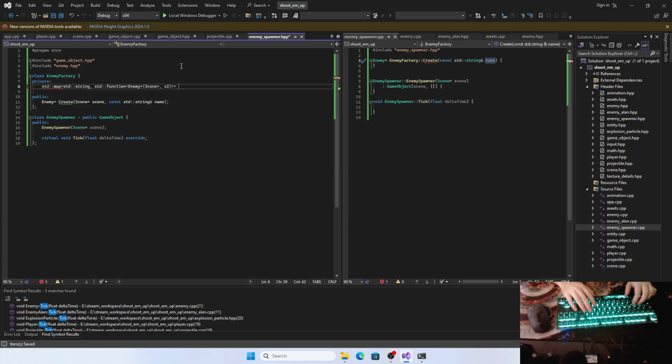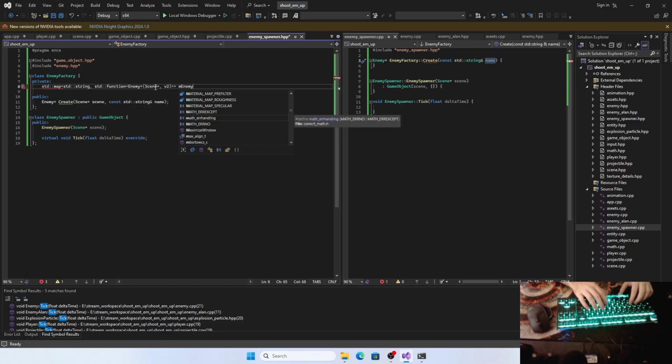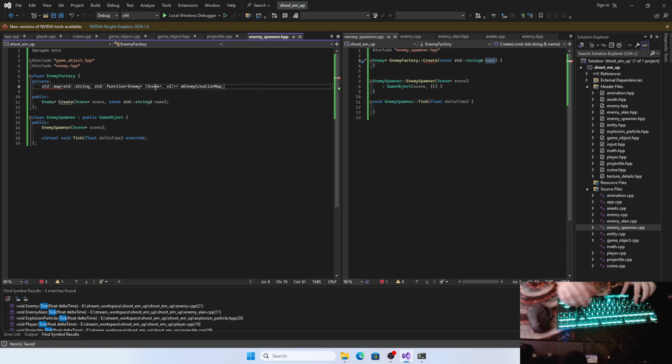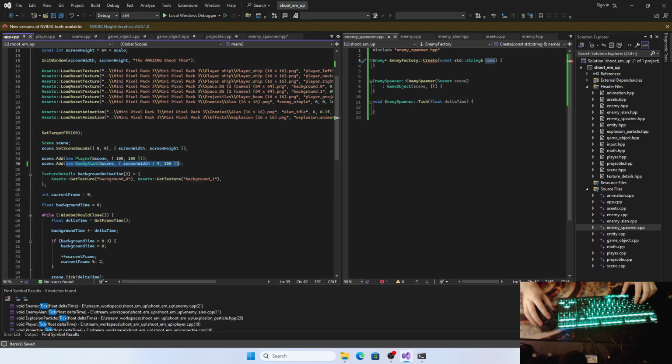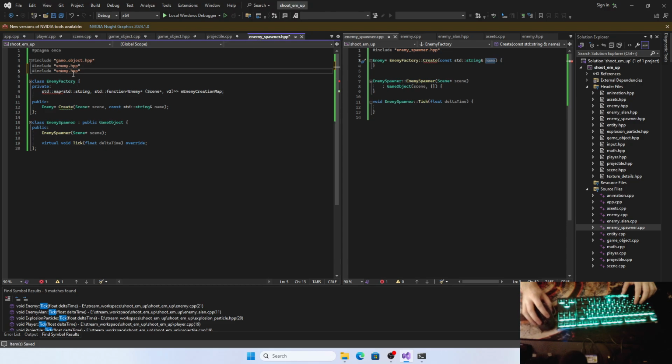This is what all enemies are taking, and this would be the enemy map, enemy creation map, I guess. The point is, we are going to use a map in order to redirect us to a function that will actually create this enemy pointer for us, just how we are doing it in here. Okay, so let's include the map